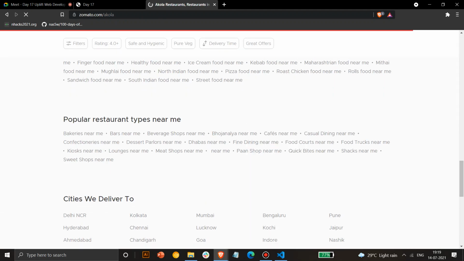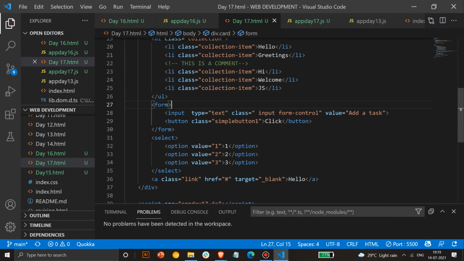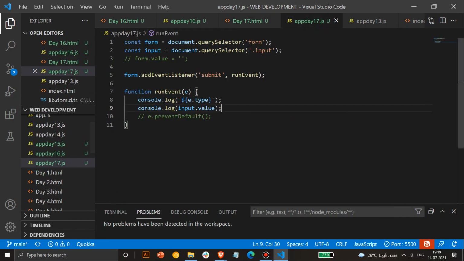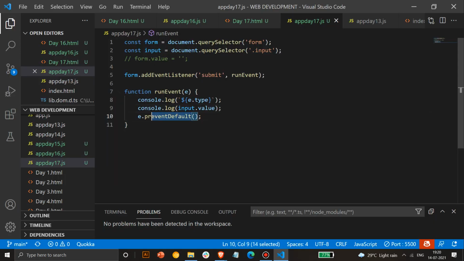So you can check that out, and if you want to, you can check any of these forms that are present having form elements, and as soon as you fill it, it redirects to a new site. To prevent such kind of action, we have to use e.prevent default. So this specifically avoids it if you want to move it to some other site. Okay, so you can do it using this. Now if you put e.prevent default, it won't go to another page. So that's the advantage of e.prevent default.